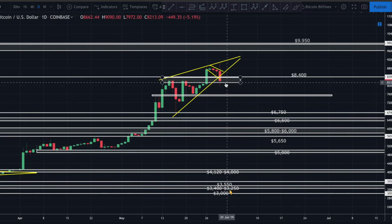But again, right now in the short term, guys, for the bulls to recapture anything, I think we'd have to break up above 8,400 and then start consolidating up above 8,400. In other words, not break by a wick, but consolidating above 8,400. As long as we're below 8,400 here, guys,